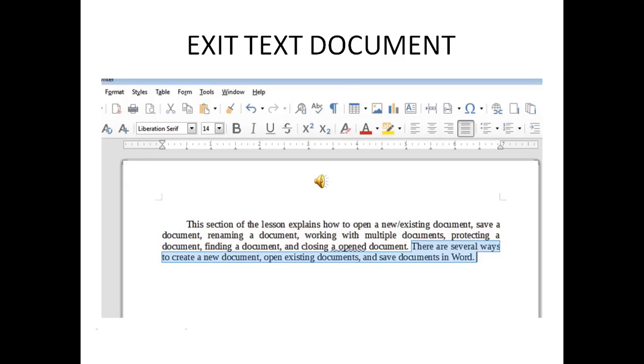Once the text is selected, changes can be made to the text. The text can be moved, copied, and made bold. The font and color of the text can also be changed. For selecting text, the mouse or the keyboard can be used.